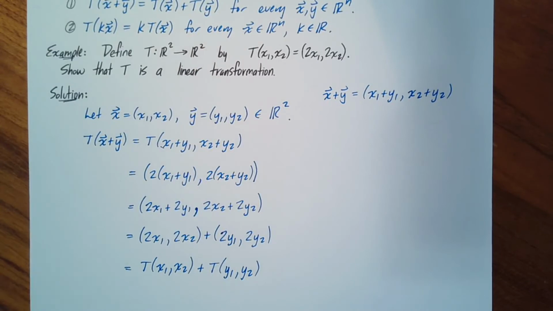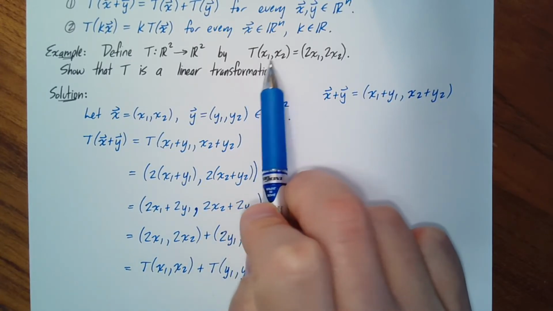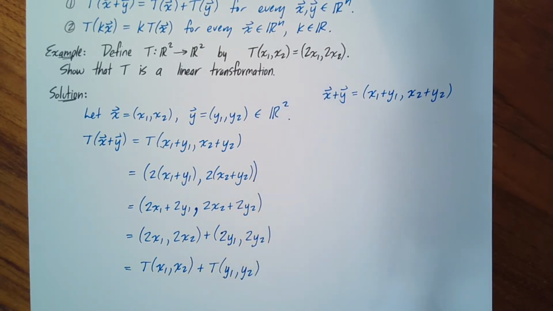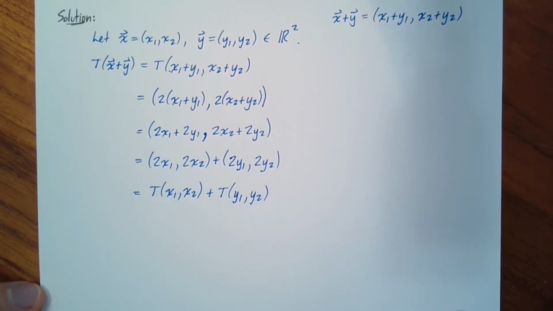If you were actually just trying to work out what T of y1, y2 is, you'd go back up to the definition and look at what T does to its two input coordinates. It multiplies them both by 2. So if you worked this out, it would have the effect of multiplying both of these coordinates by 2, and you would get exactly this. So this second vector is exactly T of y1 plus y2. But now we're actually done proving this statement, because